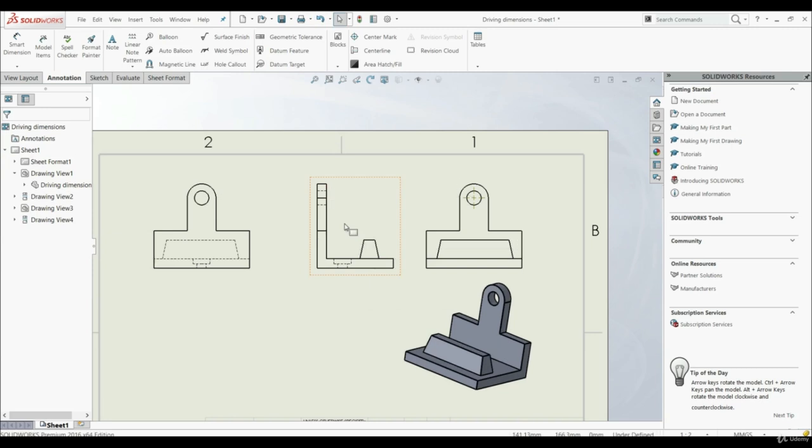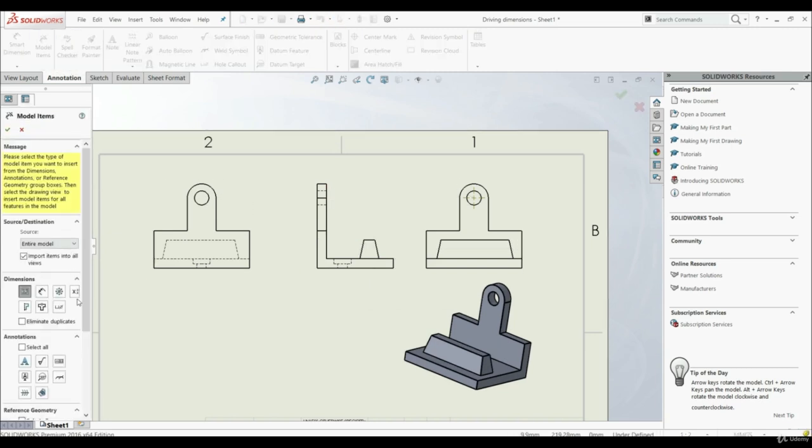Let's go back. Let's go to Model Items again. Now here under Dimensions, we also have some other options. We can go Not marked for drawing. So we can check this one, and then all dimensions that are not marked for drawing will appear here. As well, here we have Instance/revolution counts, here we have Hole callout, here we have Hole Wizard location, and so on. Here we can check Eliminate duplicates. Now if we click OK here,